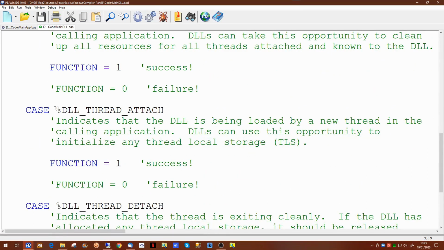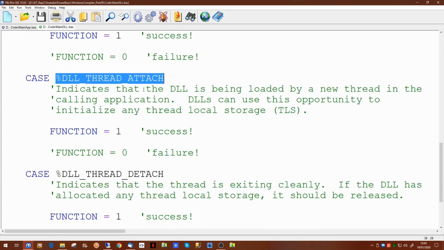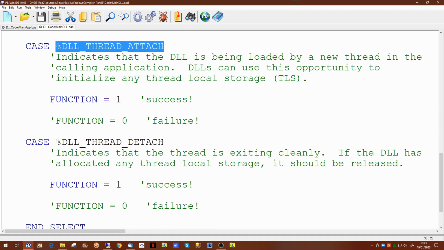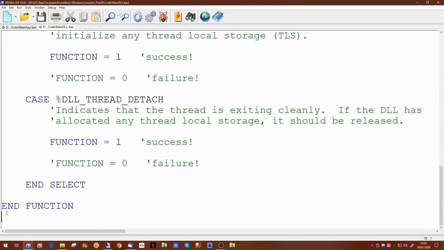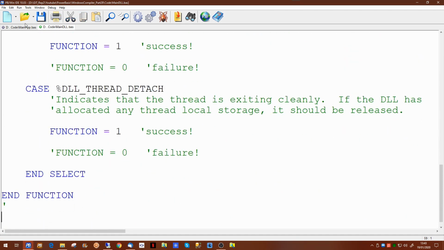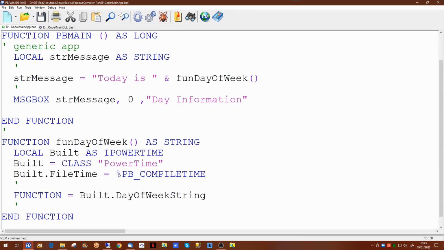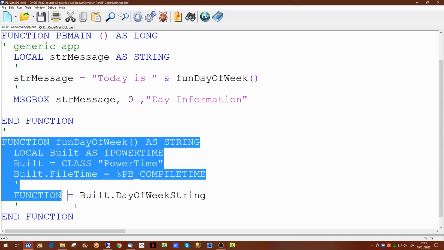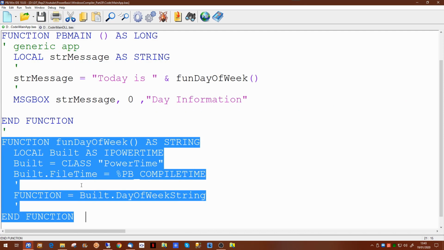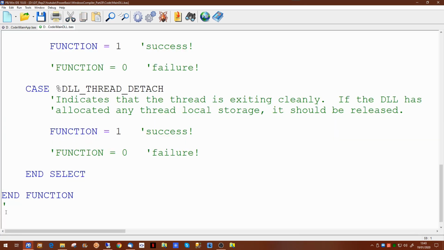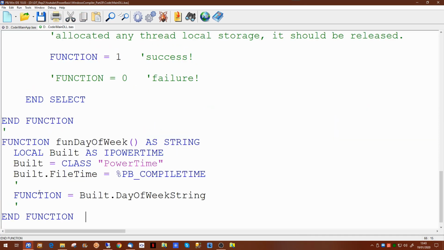And if you are being called by a thread, there are 2 additional functions for a thread attach and thread detach. None of these we're going to be using today because we're just going to be putting a simple function down underneath this code. If we have a look at our function we created, if we just steal that function out of here, copy it straight into our dynamic link library,